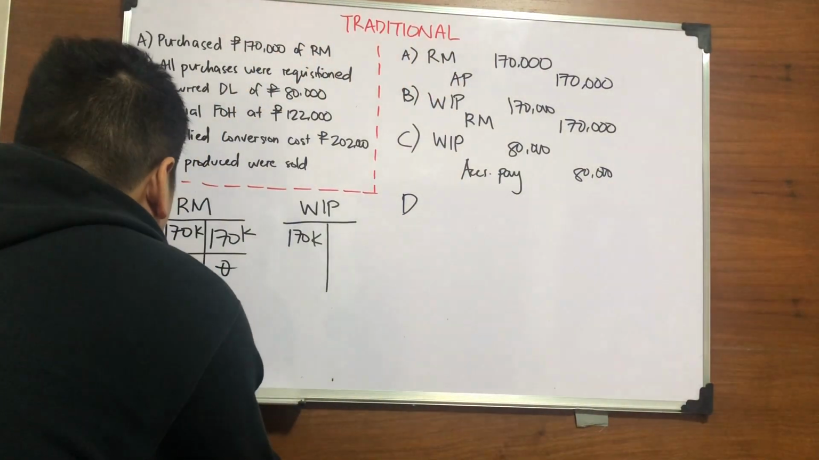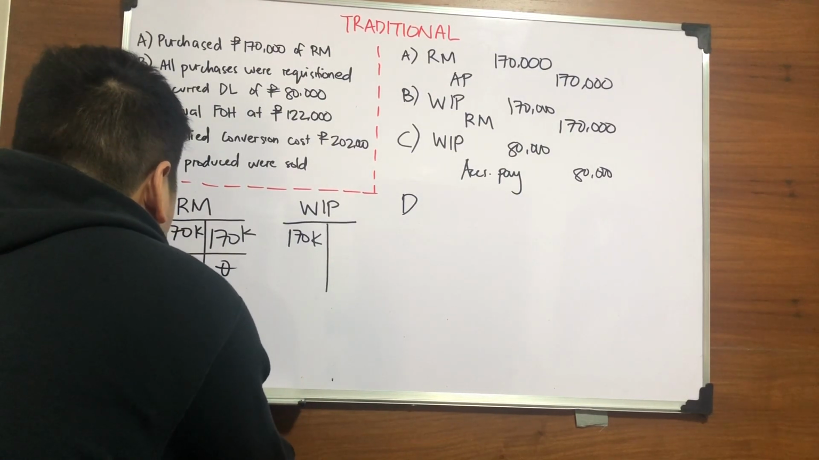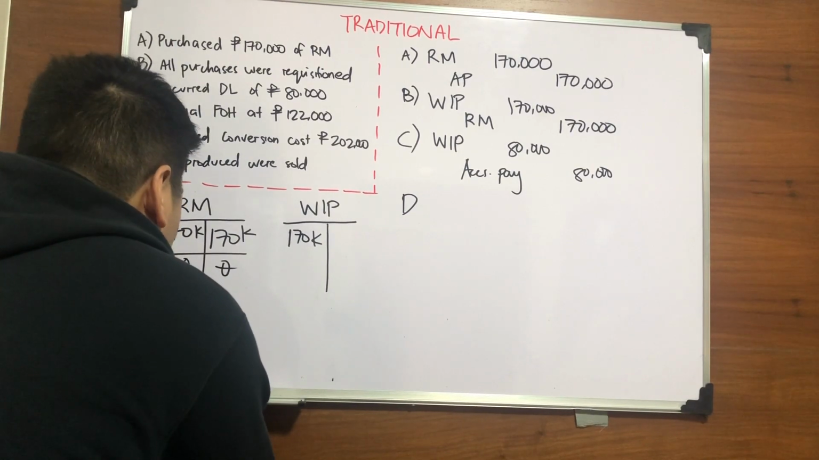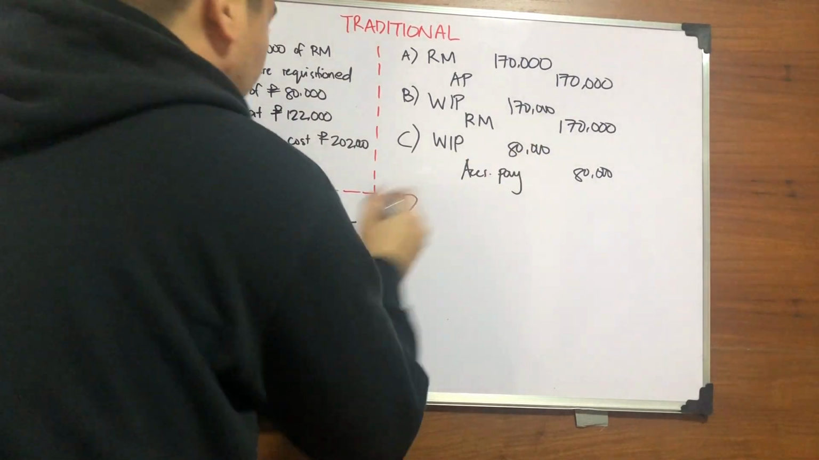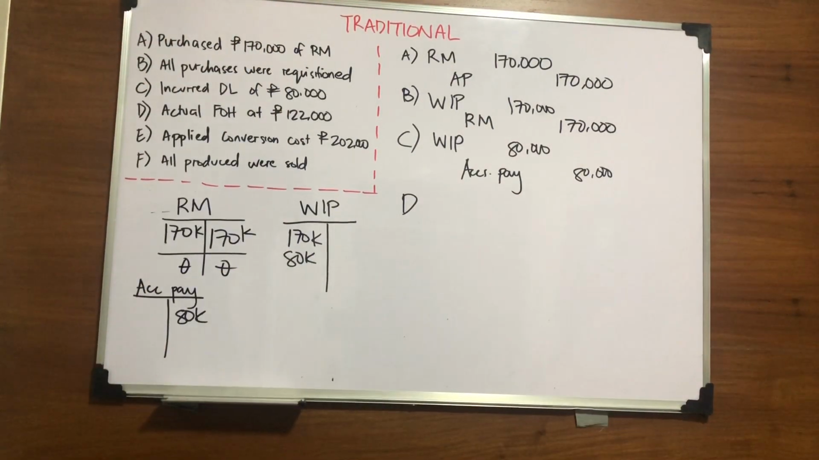Let's just put here accrued payable worth 80,000. Okay, and your WIP here, also another debit of 80K. Okay, so your next transaction is